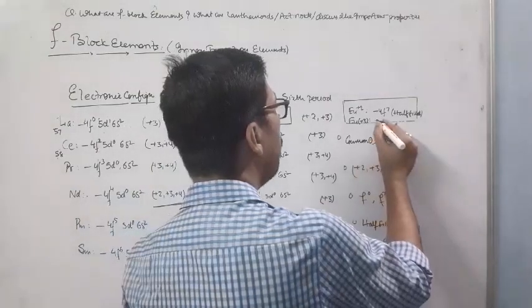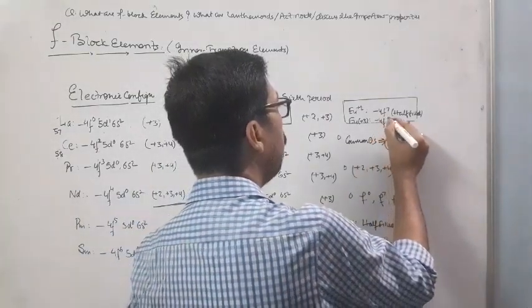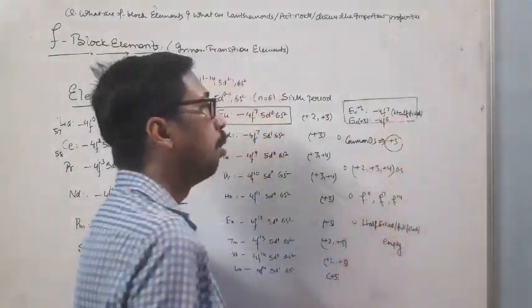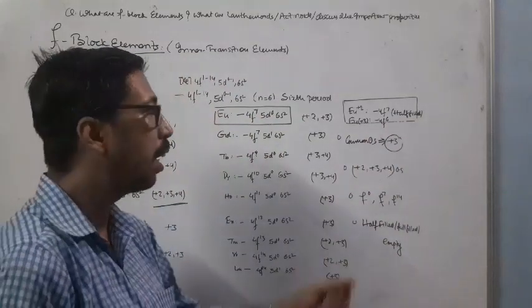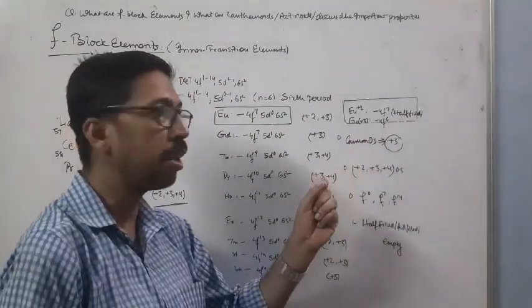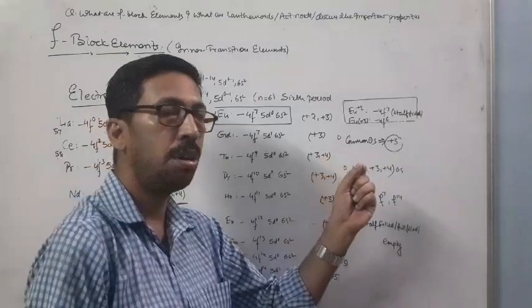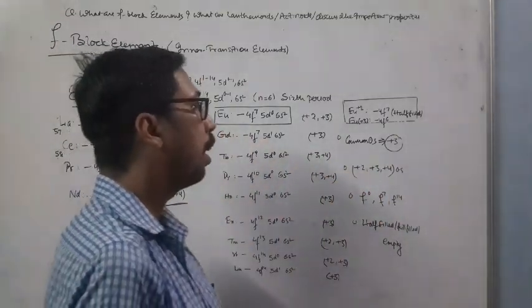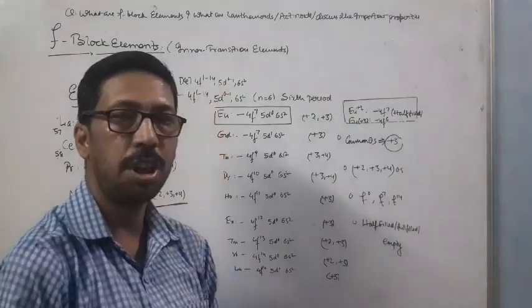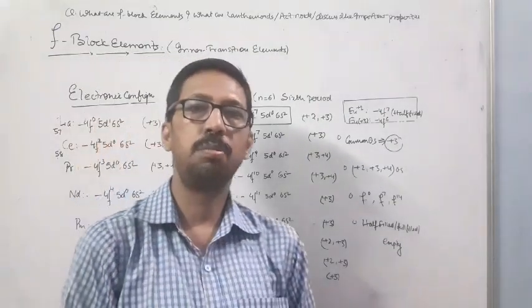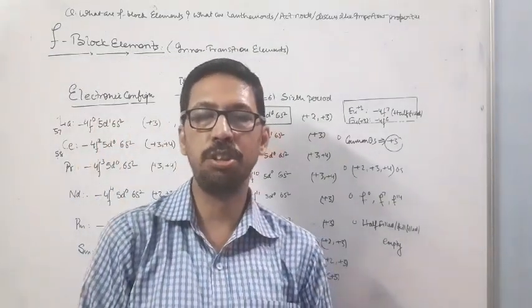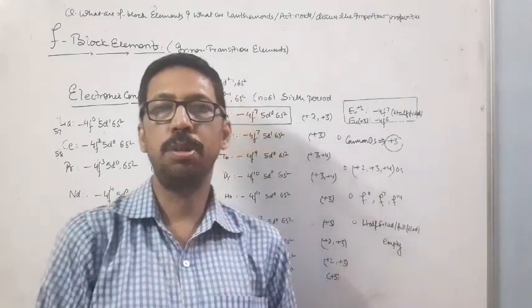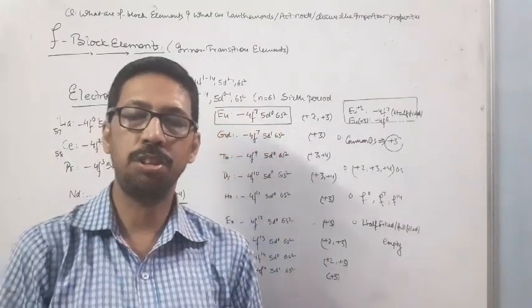So you will get the configuration 4f6, which simply indicates that the plus 3 oxidation state is an unstable oxidation state for Eu and the plus 2 oxidation state is highly stable. By using this method, you can check the stability of different oxidation states, but you must remember one thing in your mind,